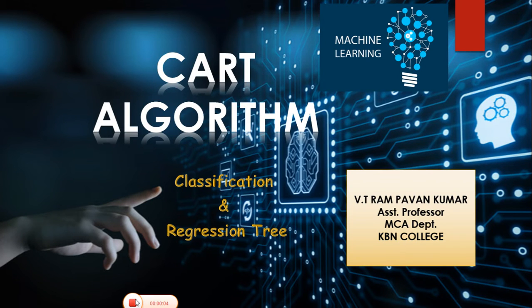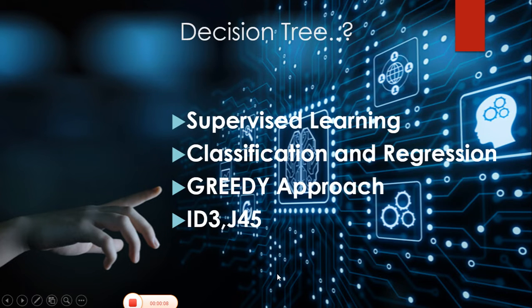Today we discuss the CART algorithm, that is, classification and regression tree, and how it is implemented in decision tree. Now, decision tree is a supervised learning technique which comes under a classification problem. A decision tree is used for both classification and regression techniques. Decision tree is used for both continuous as well as categorical variables. As the name itself suggests, it is a tree, it consists of a root node, a leaf node, and internal nodes, and it follows a greedy approach.